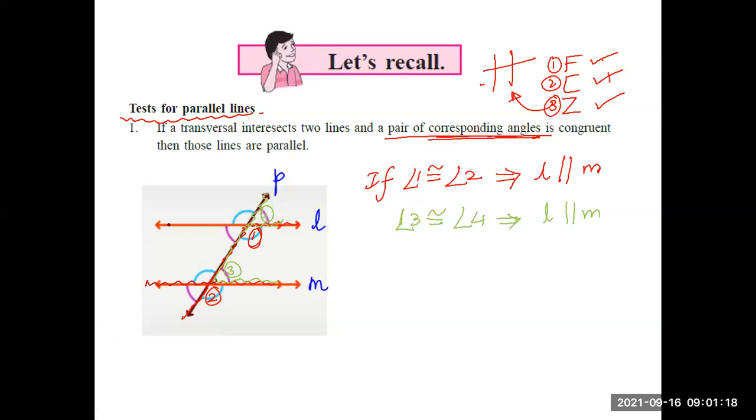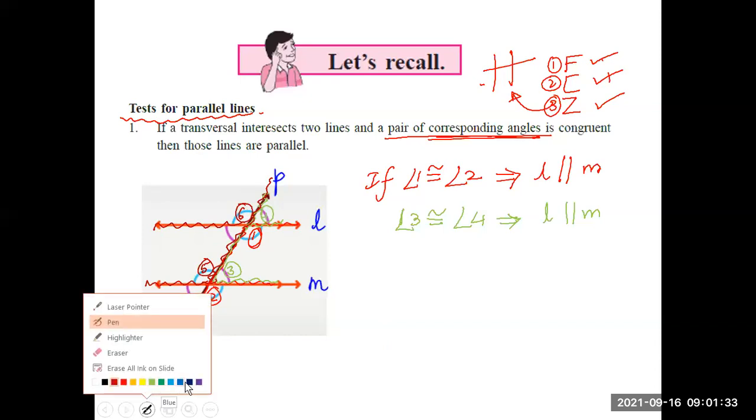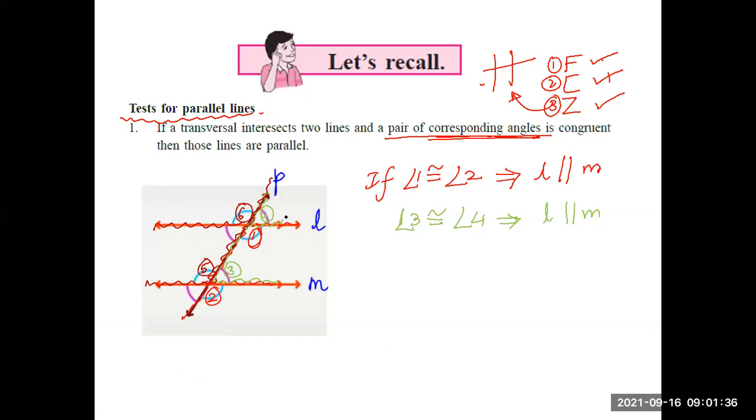You can see there is an inverted F over here. So angle 5 and angle 6. Likewise, there is one more pair below. That will be angle 7 and angle 8. So if any one pair of these corresponding angles is equal, then we can say that the lines are parallel. So this is a test for parallel lines. If the corresponding angles are equal, then the lines are parallel. This was one formation, the F formation, that is the corresponding angles.